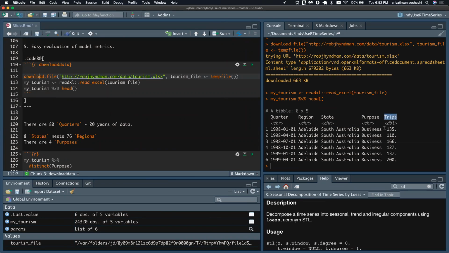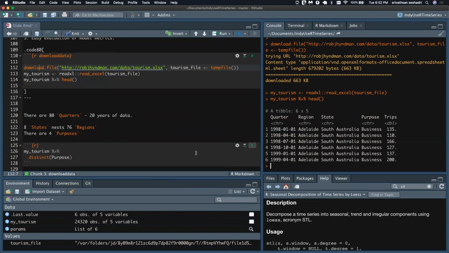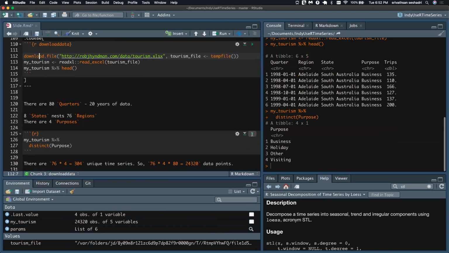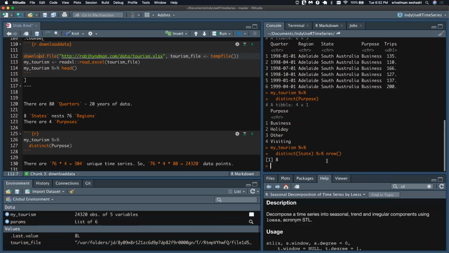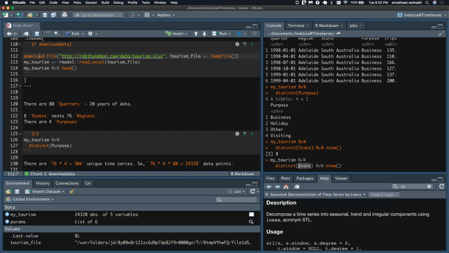And the number of visitors during this quarter, right? So if I look at the distinct purposes of travel, business, holiday, others, and visiting, there are 4. And likewise, for state, I'll use unique. I'm not going to print all the states here. There are 8 states. And in terms of regions,